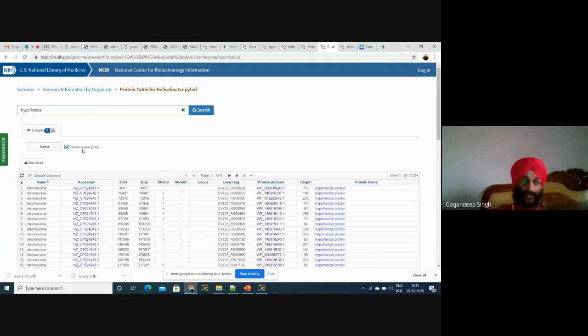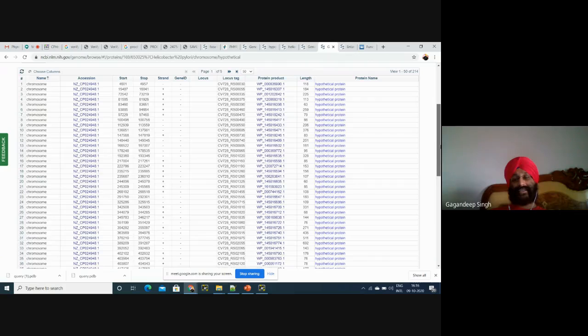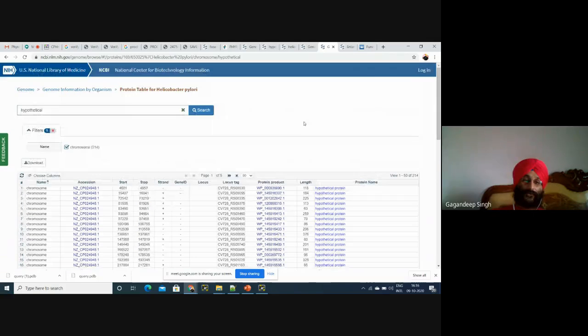Now, you can see that 214 proteins are hypothetical for a particular strain. If you have 214 proteins, you can easily find the conserved domains of these proteins. You can easily find the sequences of these proteins. You can easily find the PDB BLAST and the template of these proteins.